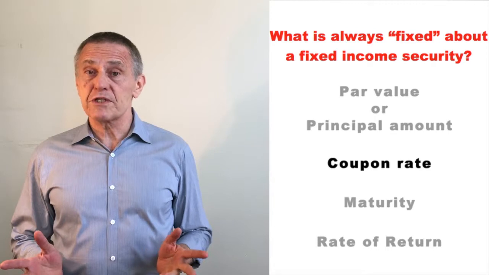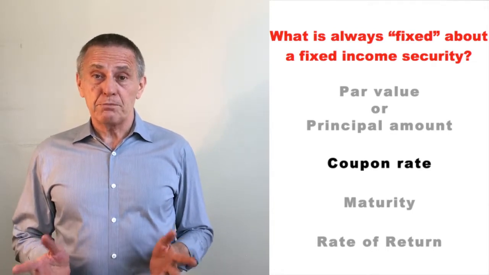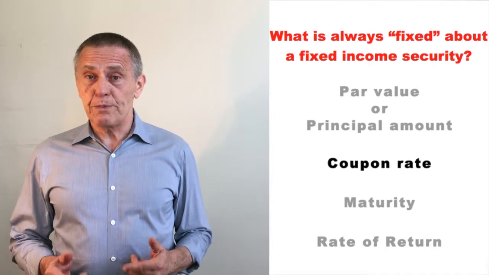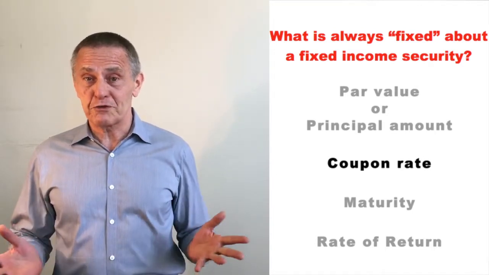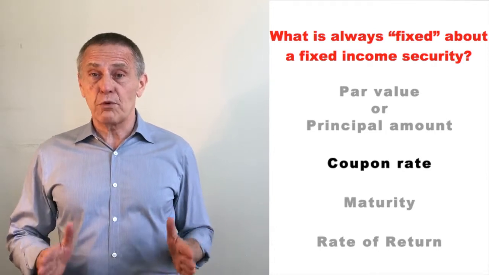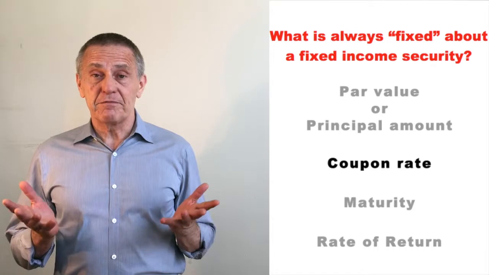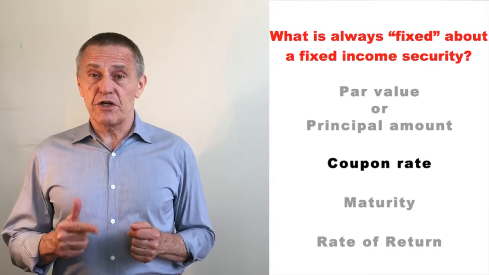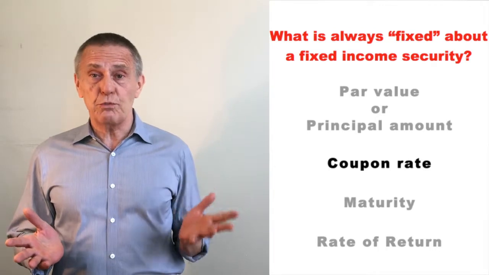For example, there are split rate bonds or split coupon bonds. Split coupon bonds are bonds that do pay a fixed rate of interest. The problem is they pay 2 or more fixed rates of interest for different portions of the life of the security. And an even bigger exception are adjustable rate securities, things like floating rate notes that have a coupon that